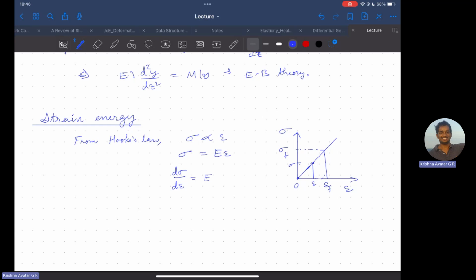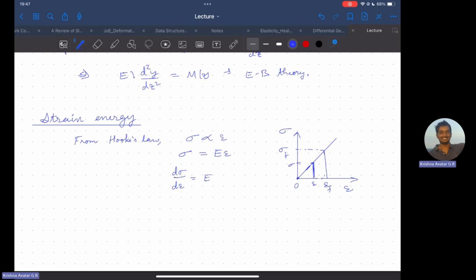Then we are making a small stretch from this point, little extension from here, right? So that what we have here is some sigma, and then we make d epsilon the small,